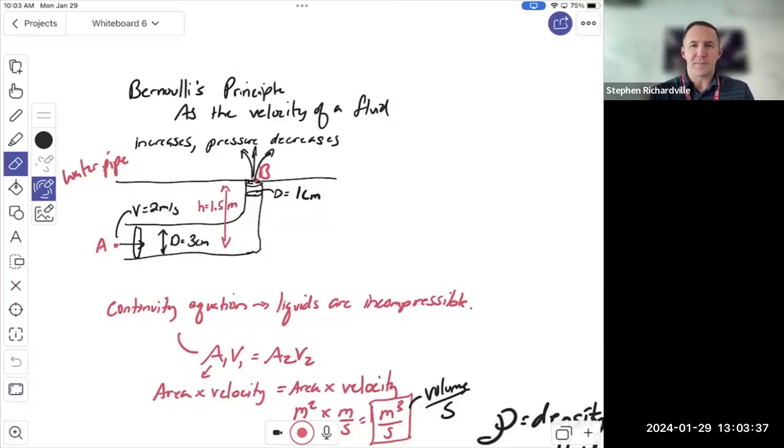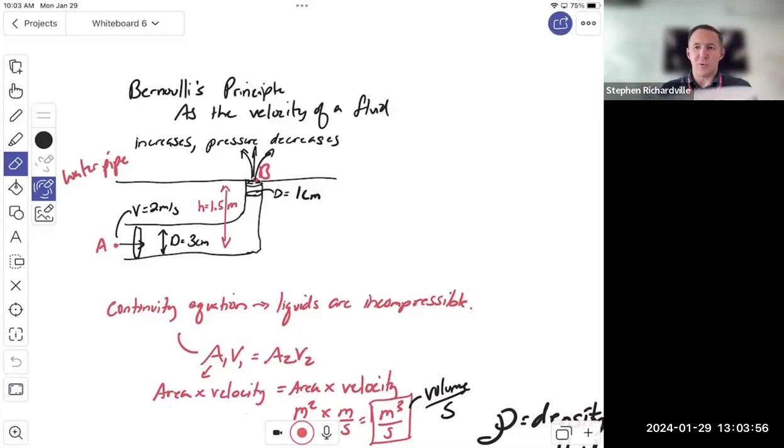And what do we know about moving fluids? The faster a fluid moves, the lower the pressure. So as the speed or velocity of a fluid increases, pressure decreases. This is how we get lift. So if Archimedes' principle deals more with buoyancy, why a ship can float, Bernoulli's principle deals with things like why